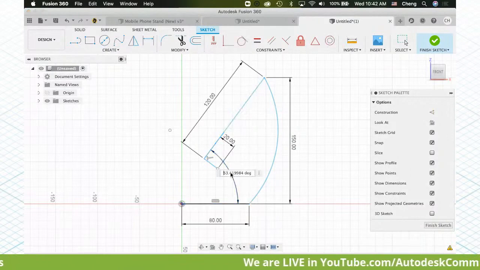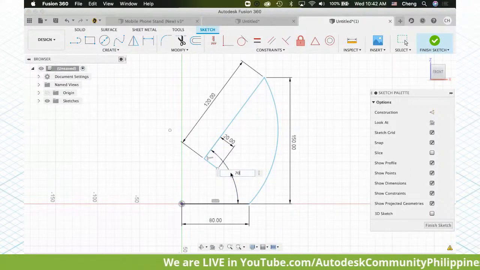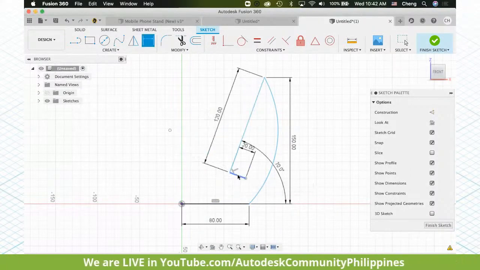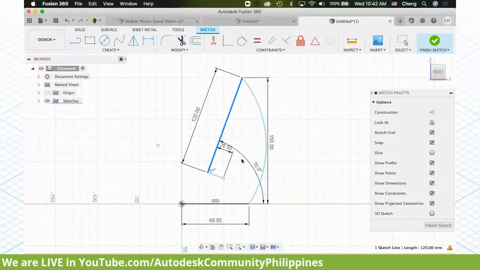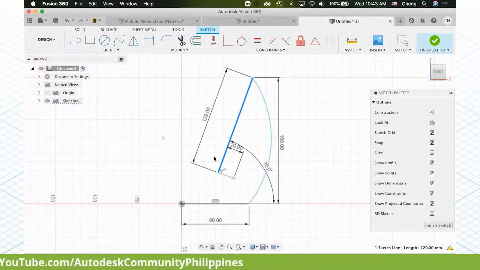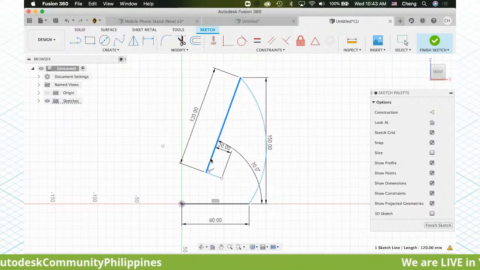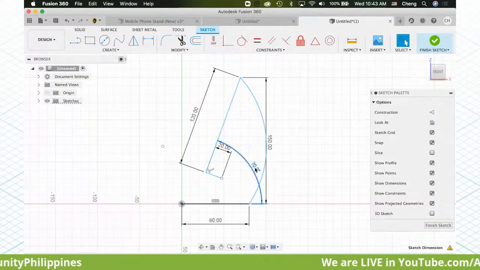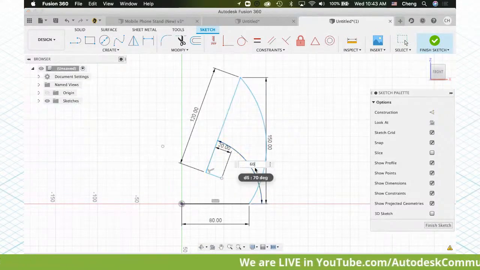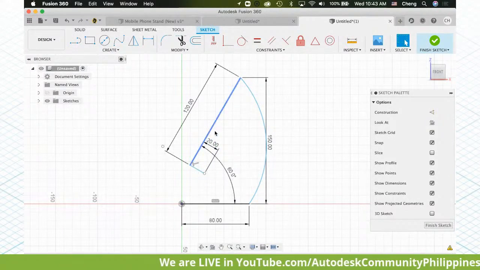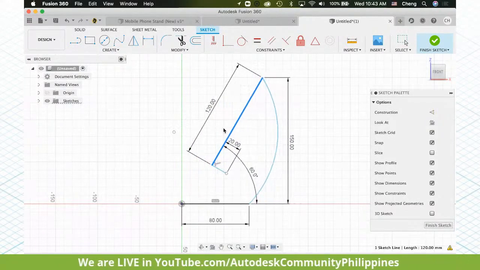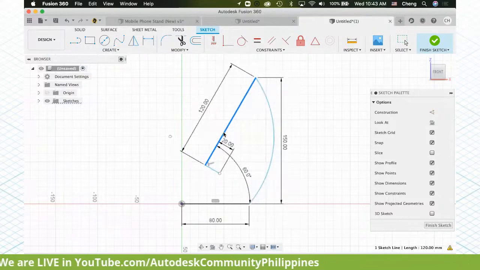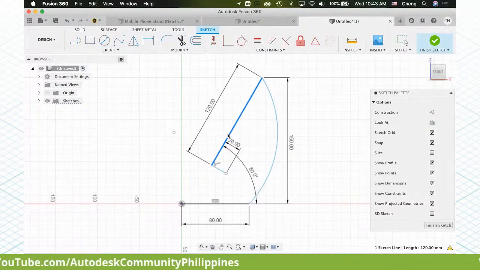So when I see this angle dimension, I'm going to say this is to be 70, so that no matter what I move, it will always be at 70 degrees. If they say you need to change it to 60 degrees, you just change accordingly. You will see the model change automatically. So right now, what's next is